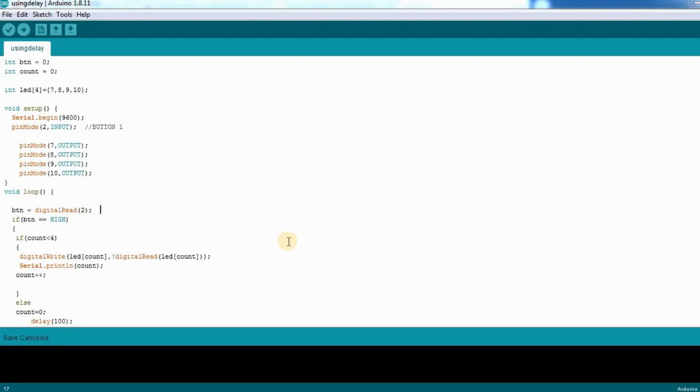In this video, I hope to explain about the bouncing effect that we encounter when we use push buttons like this in our Arduino projects. The bouncing effect, to explain it briefly, is the phenomenon that when we press the button once, the Arduino detects it as several button presses, because even though the time we press the button is very small, the Arduino, because it is running at a much higher speed, detects the button press as multiple button presses.